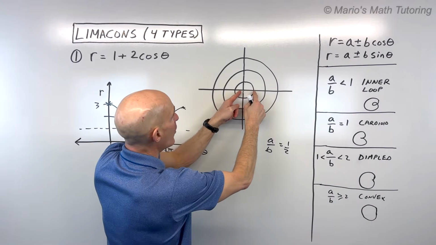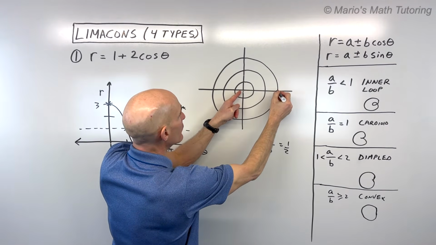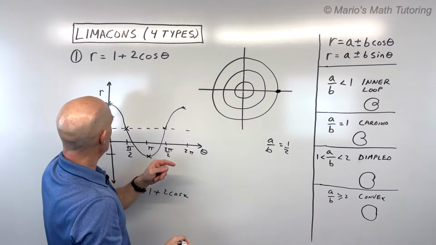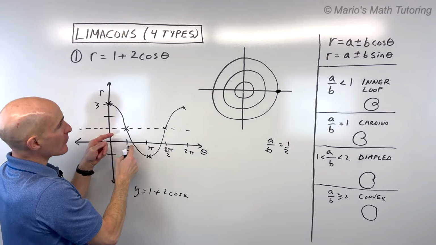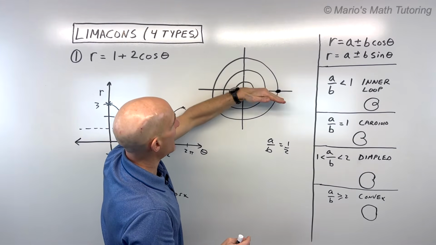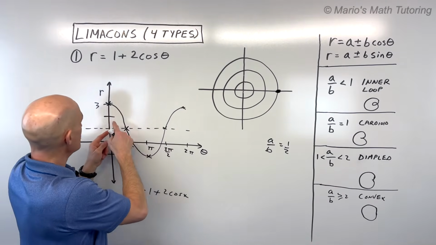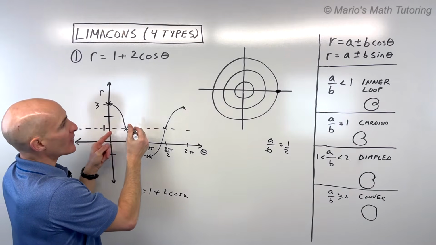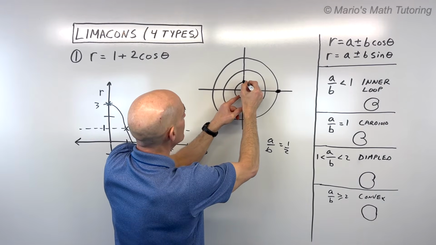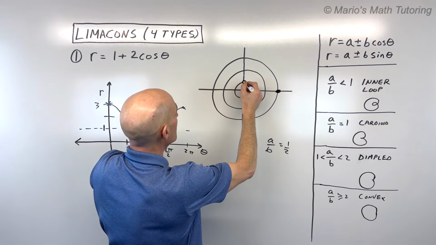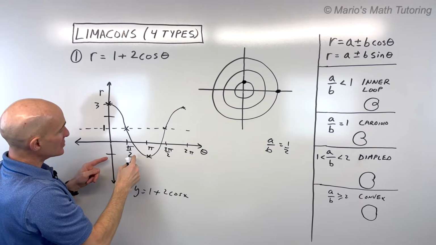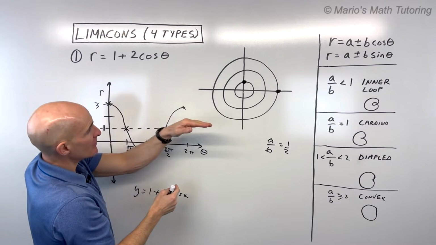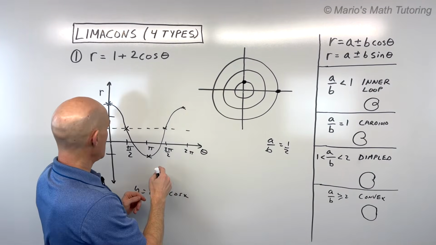So I'm going to go out 1, 2, 3, and there's going to be a point right here. Now, as I make my way to pi over 2, that's like rotating 90 degrees counterclockwise, you can see I'm coming down to 1. Okay, so that means this point's going to be right here at 1. And now as I make my way down to pi here, so I'm rotating 180 degrees, you can see I'm